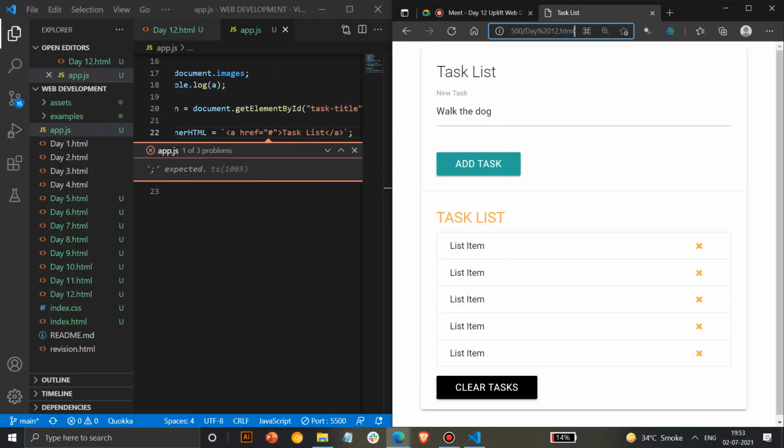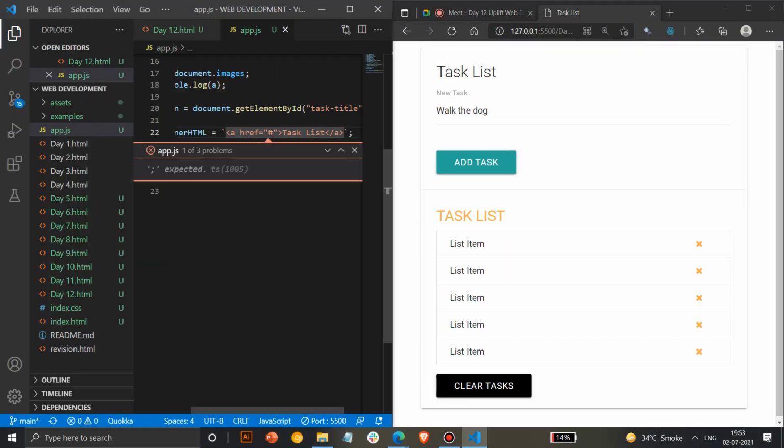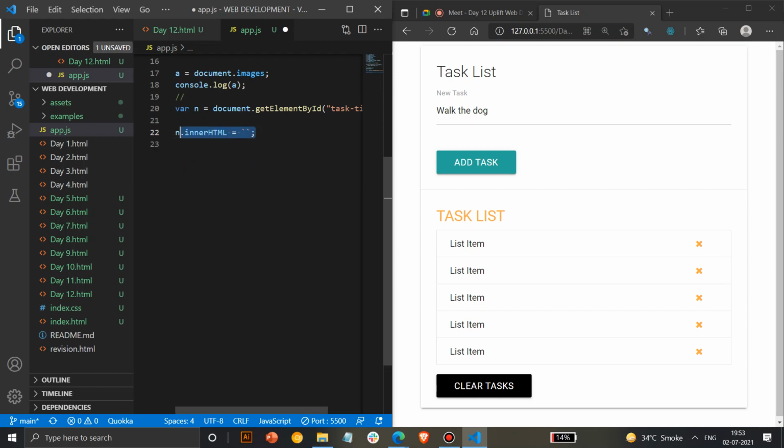Okay, so if you have to modify the HTML and CSS, you can do this with inner HTML. So this gives you more flexibility. So always try using this and it will give you a better output. Okay, and inner HTML, that's correct.